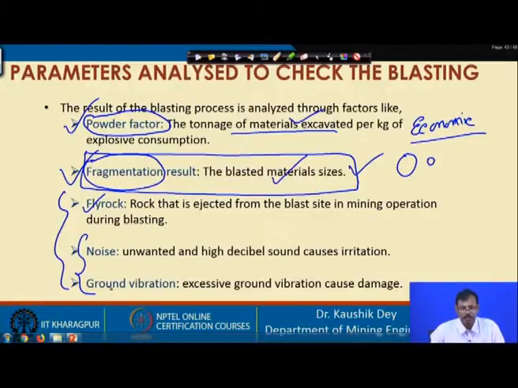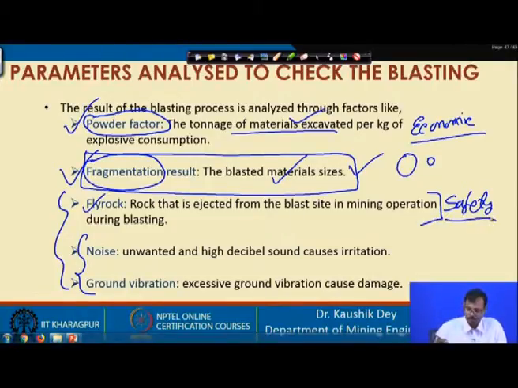You can say it is a fugitive rock particle which moves out and may hit anyone, maybe a human being, cattle, or structures, and may cause damage, injuries, or the death of a person or cattle. So, this is a very important one, considering the safety of the